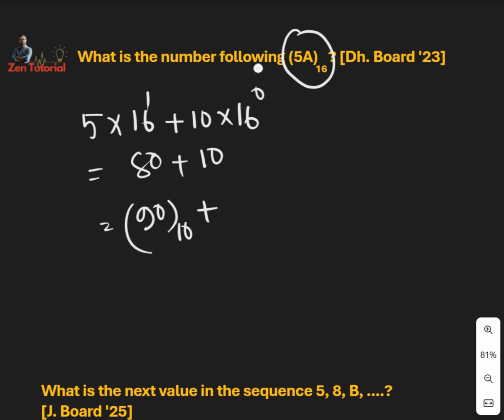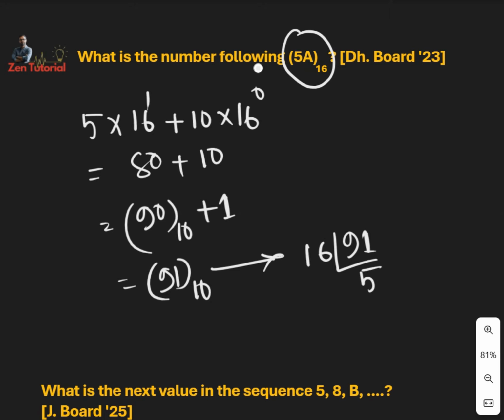The next number obviously is plus 1, it means 91. So the 91 will be the next following of 5a. Now it's time to convert the 91 into hexadecimal. So 91 needs to be divided by 16. So 5 times 16 is 80. So 91 minus 80 is 11. Again, 5 divided by 16 is 0. So it will be 5,